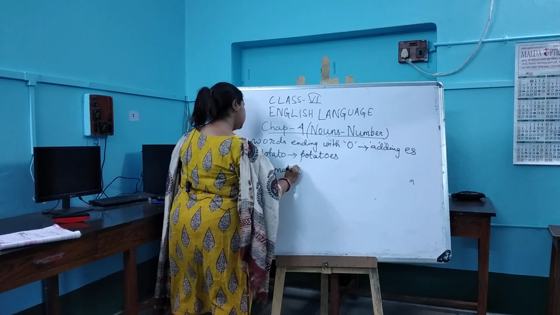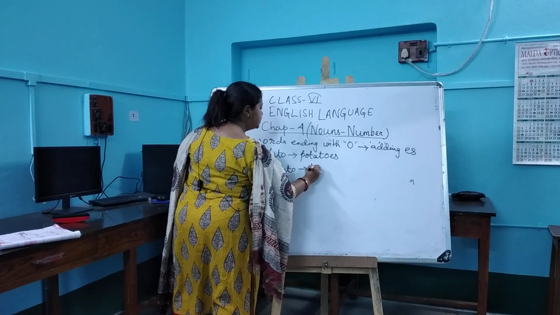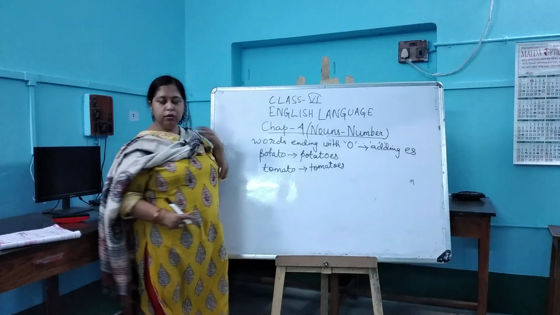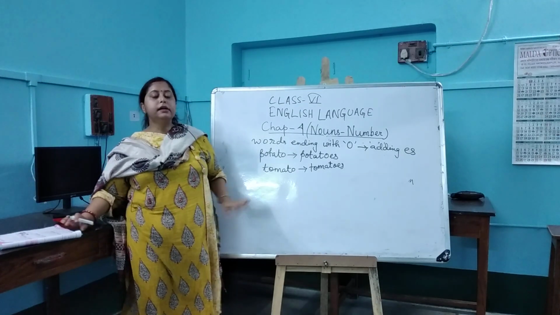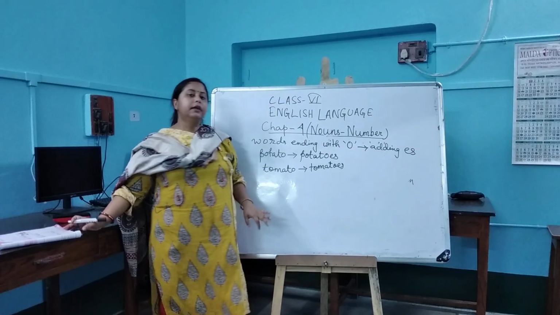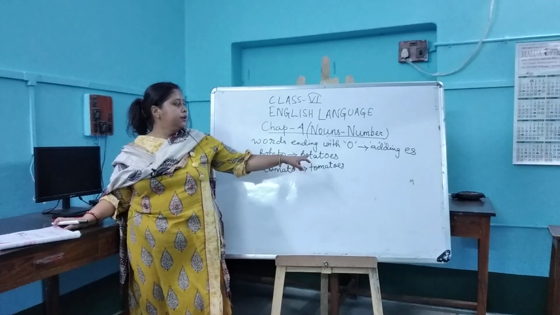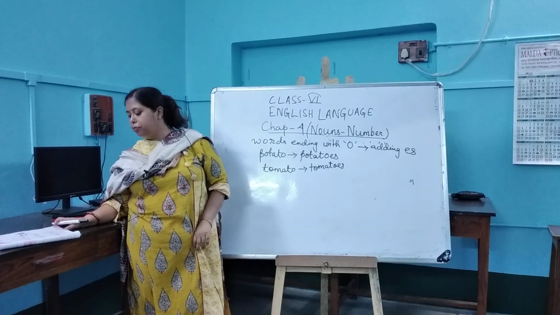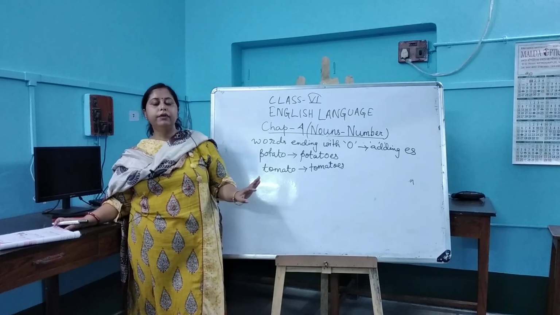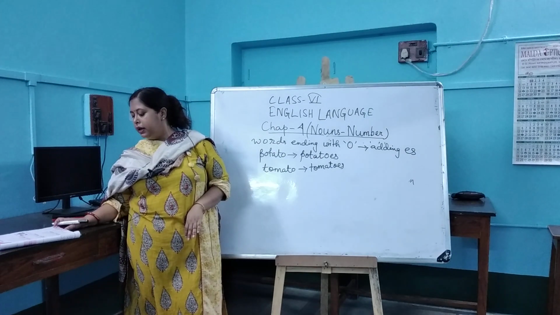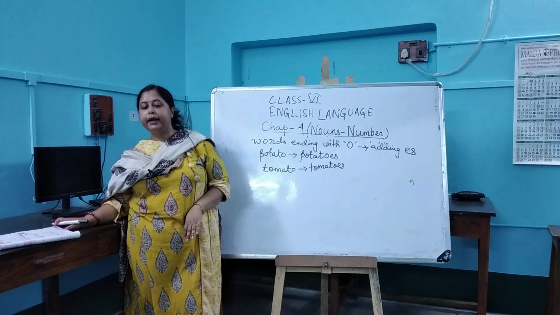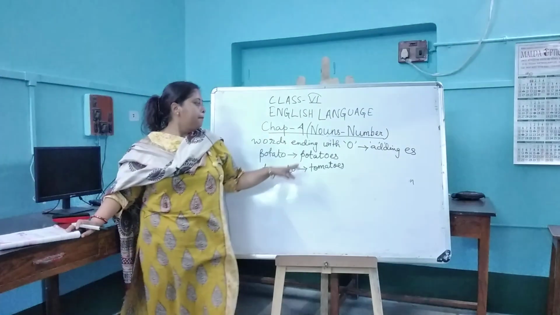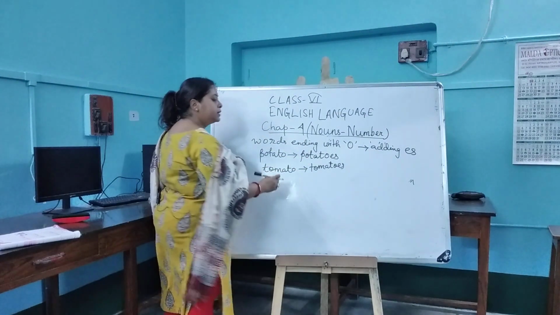Tomato, the last letter is o. What happens? T-O-M-A-T-O-E-S, tomatoes, in this way. But here also there are some exceptions. There are some words which do not add es. They form their plural in the normal way, we just add s, like piano, stereo, studio, photo, dynamo. There are a few words which do not change by adding es. It is a simple way, just add s.